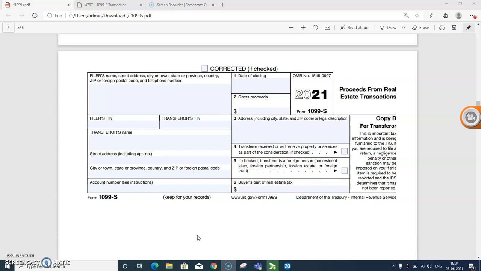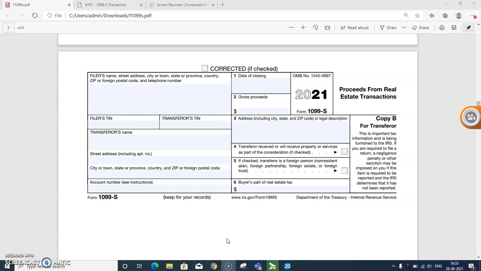Next point, if you receive a 1099-S for the sale of a farm share or a vacation home, then the sale is a personal capital asset and is reported on Form 8949 and Schedule D. A gain on this type of sale is reportable income. If you incur a loss on the sale, you cannot deduct the loss because it is personal use property. If the property was inherited and considered a personal capital asset, the same rules apply.